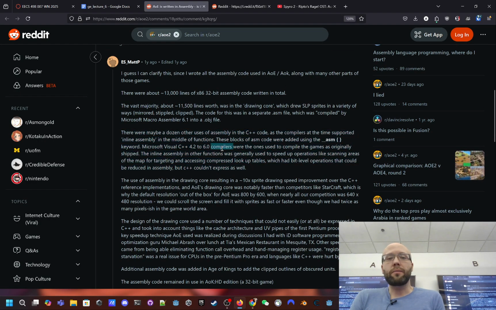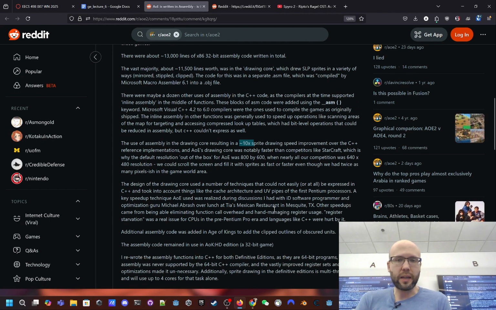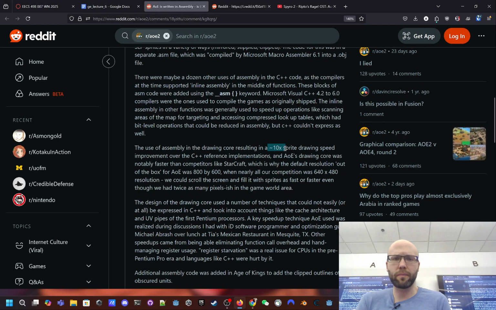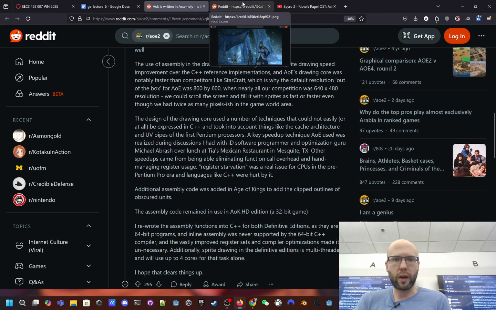For instance, they found that the compiler was not generating very high-quality rendering code. And they were able to go in and write some assembly code that was just dramatically faster. I think he says like a 10 times speed up. Yeah, 10 times sprite improvement performance for